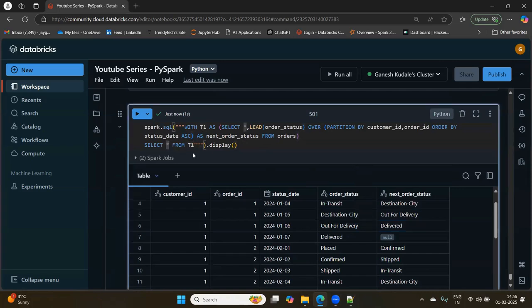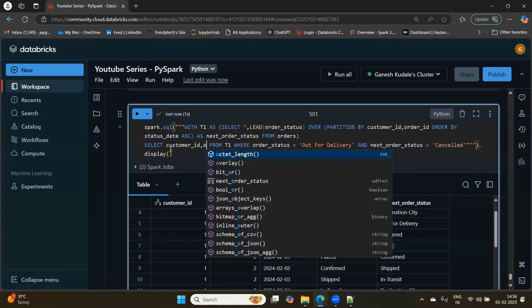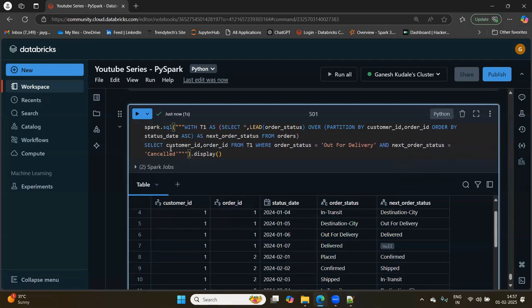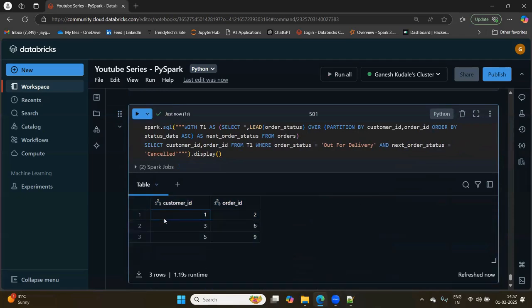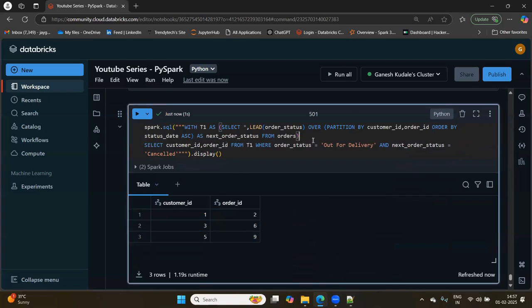So now what I have to do, where order status equal is out for delivery and next order status equal to what? Cancelled. Okay. Select what I want to select. Customer ID, order ID, right? Let me run this. Fine. I have got my results. Okay. So I'll again explain why we did not get the next order status